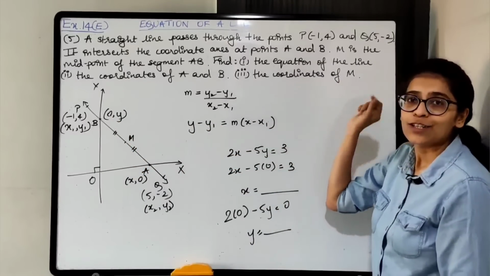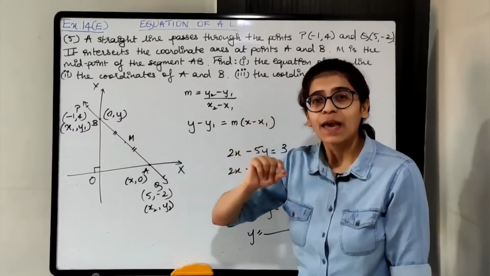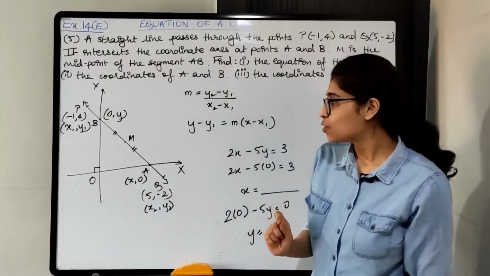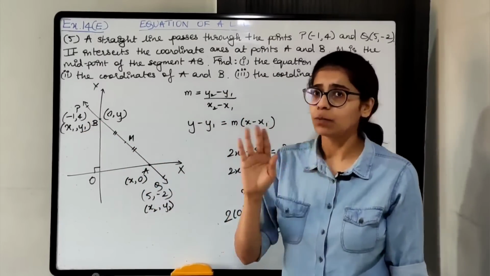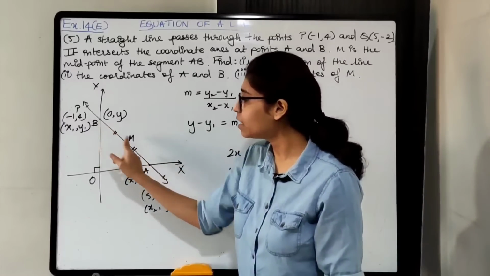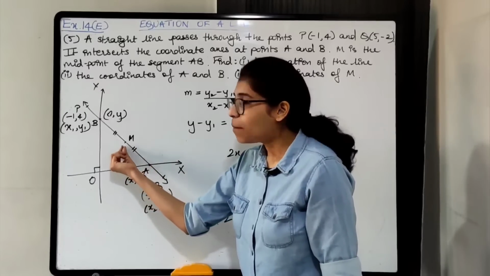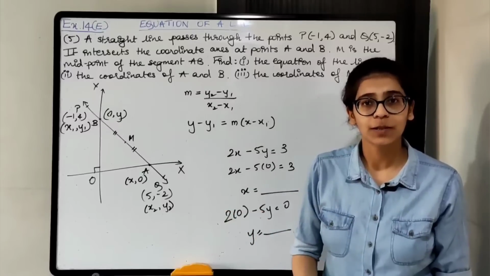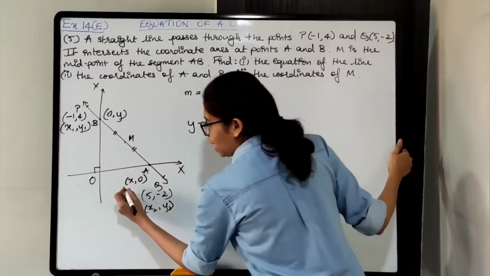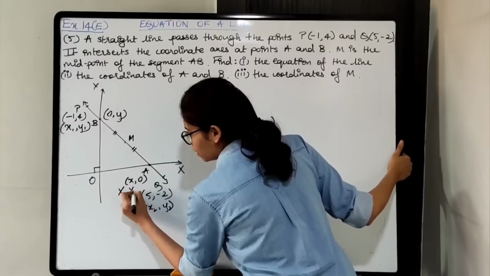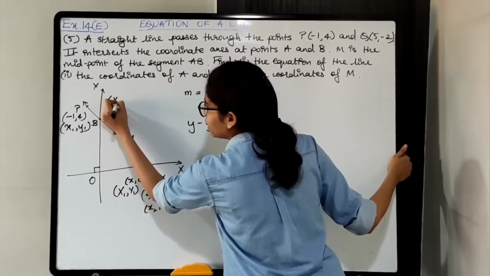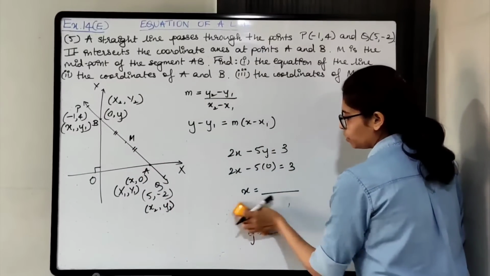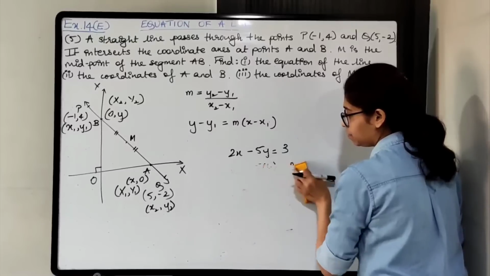Third part, the coordinates of M. M is the midpoint of AB. AB का मिड पॉइंट है. Okay, so don't take PQ by mistake. PQ का मिड पॉइंट नहीं है. Okay, AB का मिड पॉइंट है. So by midpoint formula I can easily find coordinates of M also. Easily मिल जाएगा. Okay, so A you can take as capital X1 Y1, B as capital X2 Y2. So M का coordinates क्या हो जाएगा by midpoint formula? It's very easy.